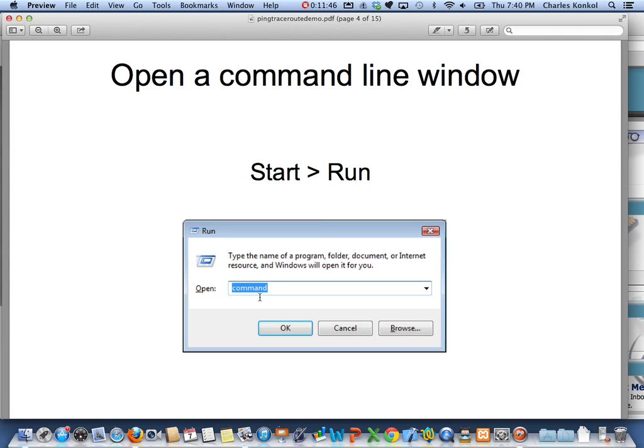Instead of COMMD, it's CMD. Then just hit enter. As soon as you type in CMD, it will give you a black screen, a DOS screen, with your cursor blinking in it. The next thing I want you to do